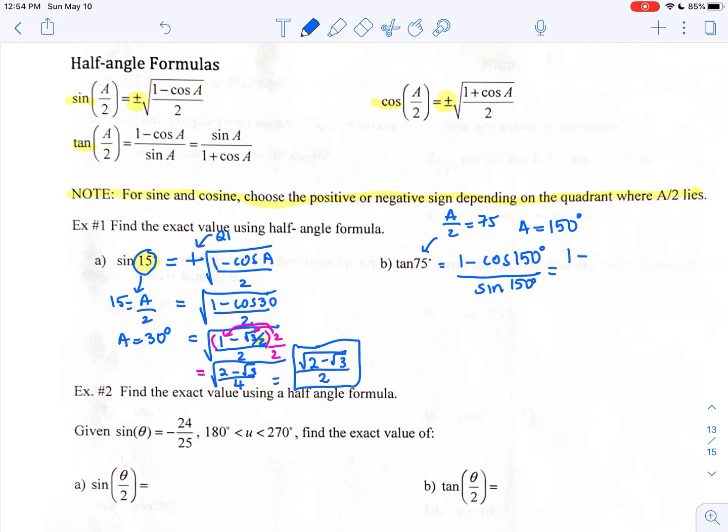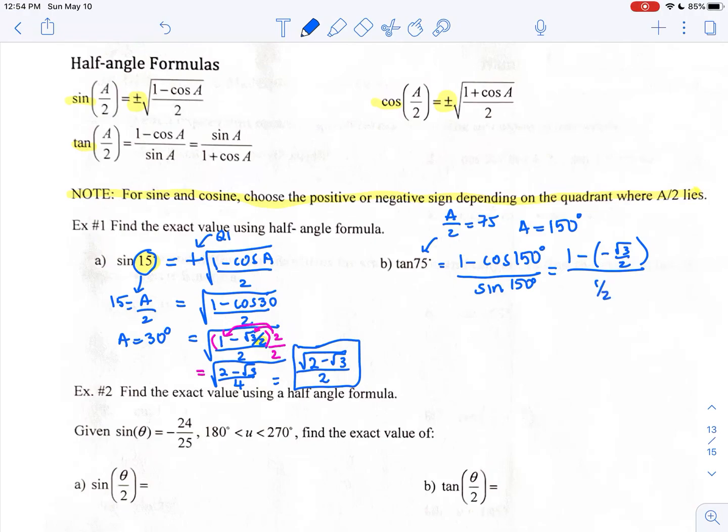So cosine of 150 degrees, with 30 degrees being the reference angle in the second quadrant, we have negative root 3 over 2, all over sine of 150 degrees, 30 degrees being the reference angle in the second quadrant,